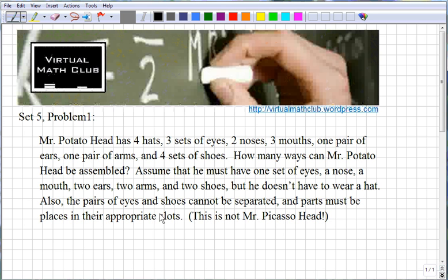All right, problem number 1. We're going to play around with Mr. Potato Head. It may have been a while for some of you since you played with Mr. Potato Head, but